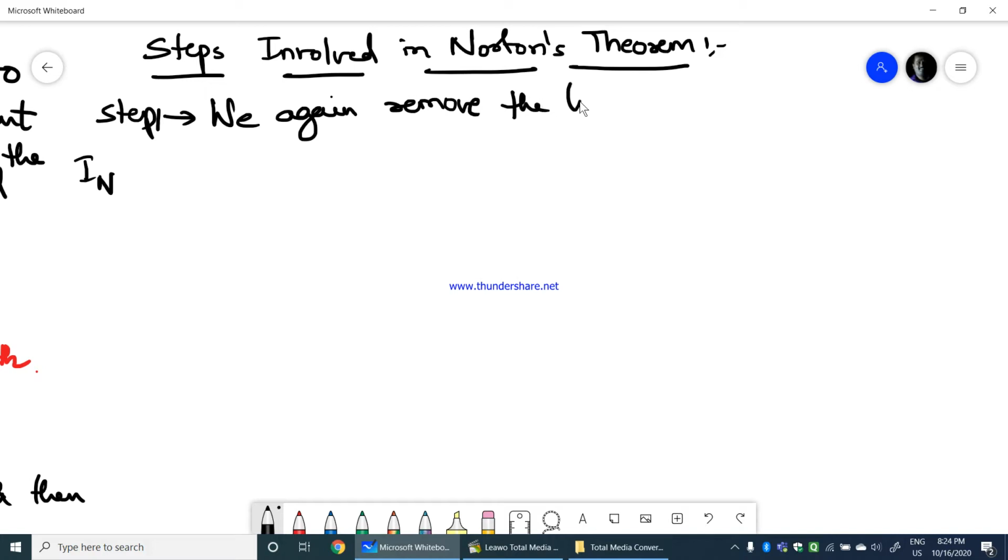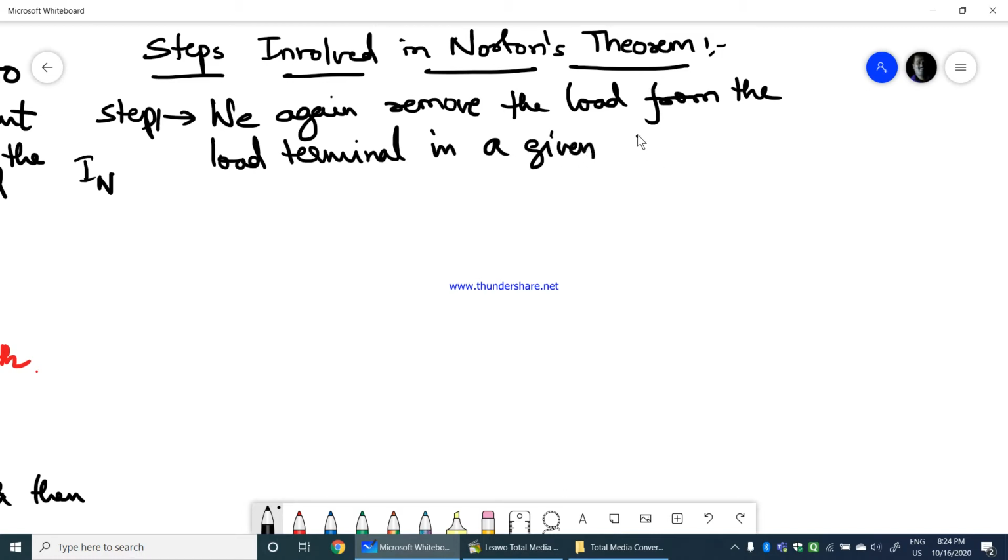Remove the load from the load terminal in a given linear bilateral complicated network, then we short those load terminals